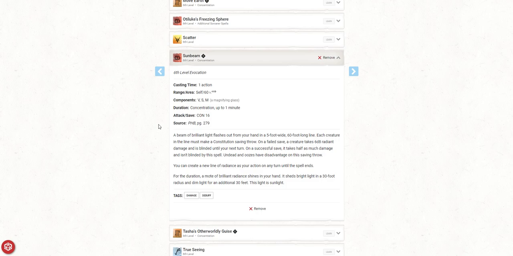A beam ability is building wherever you choose. On a failed save, a creature takes 88 radiant damage and it's blind until next turn. On a successful save, it takes half as much damage and isn't blinded. For the duration of the spell, you can charge your hand and use the flavor of the super sword. This is gonna be a thing if you're extending